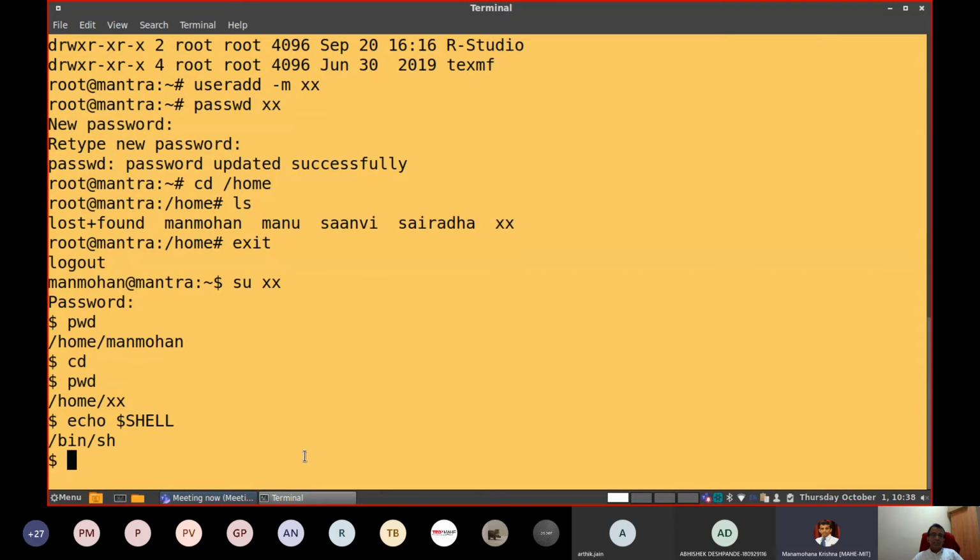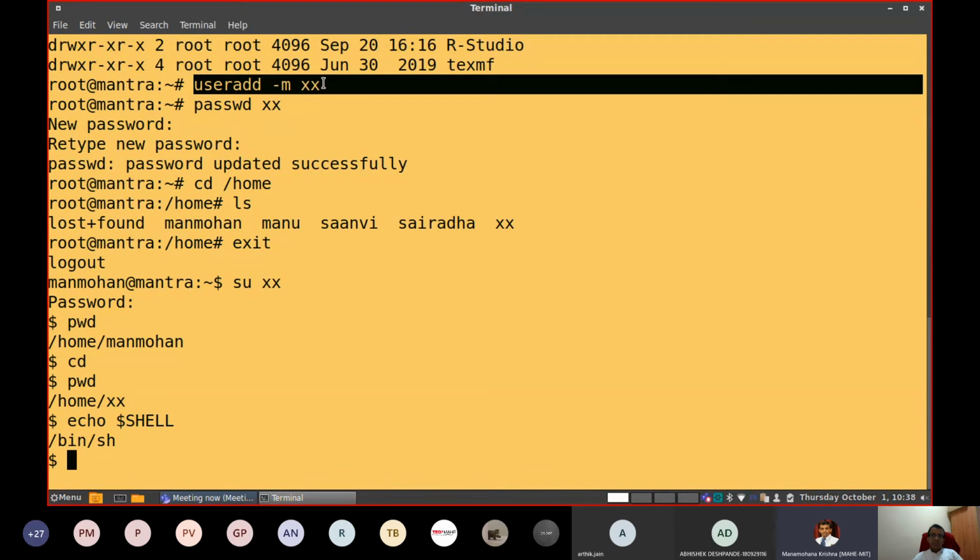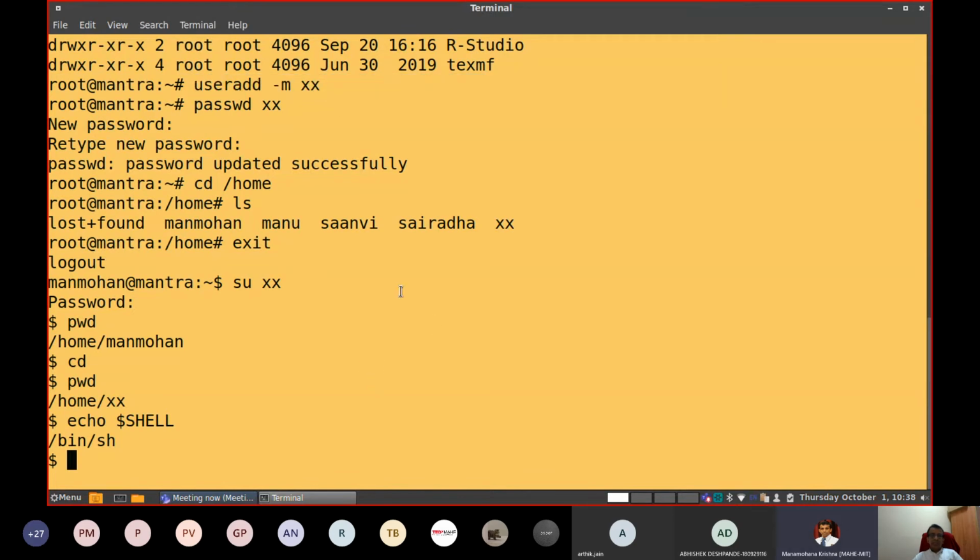Okay, this is how you can create a new user account for anybody. You can try this on your machine. Then after that, you can log out and log into the new user account also. So creating the username is a very important step. Note down this command as well. It will be very important for you. Then after that, you set the password. Without setting a password, your user account will not be usable. passwd space username. Then set the password. A new user account is created with the useradd command.